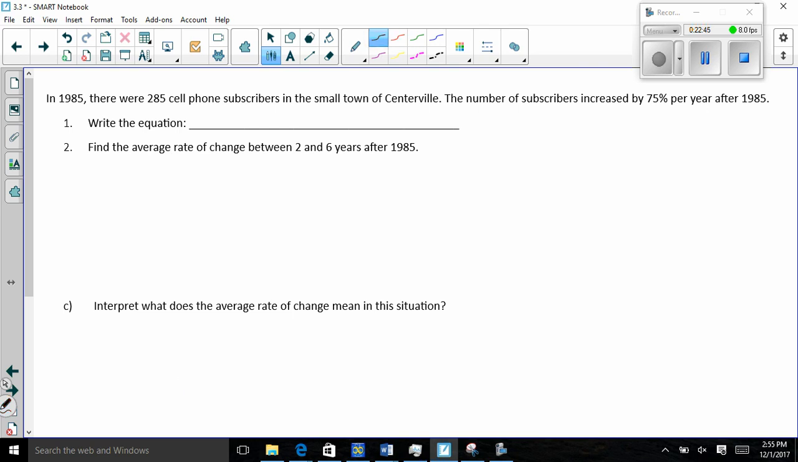So this is how you get the answers. So first, I write the equation. So I have y equals, and I know I started with 285, so I know that my n. That's how many cell phones I started with. Then, I know I'm increasing. So if I'm increasing, I know I'm doing 1 plus 75%,